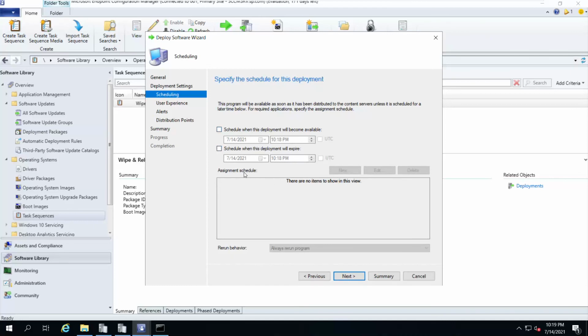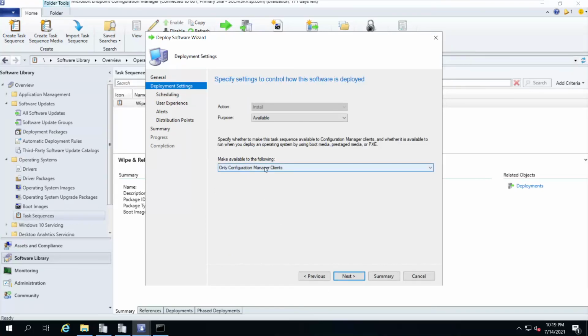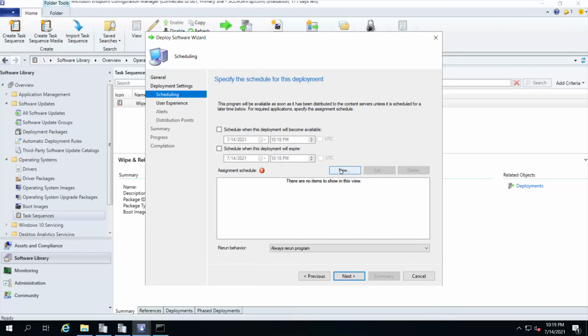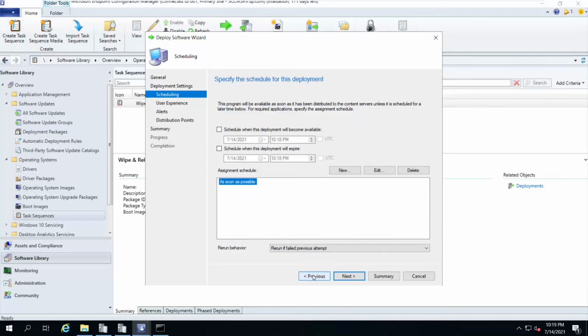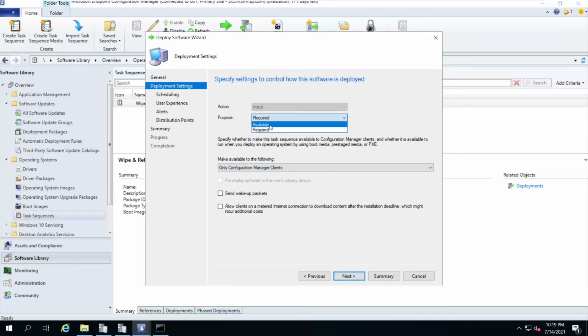I don't want to schedule it, but yes, why is it not showing? There are no items. Okay. So the assignment schedule, it is asking, I'll go with as soon as possible, but here I'll say available only.